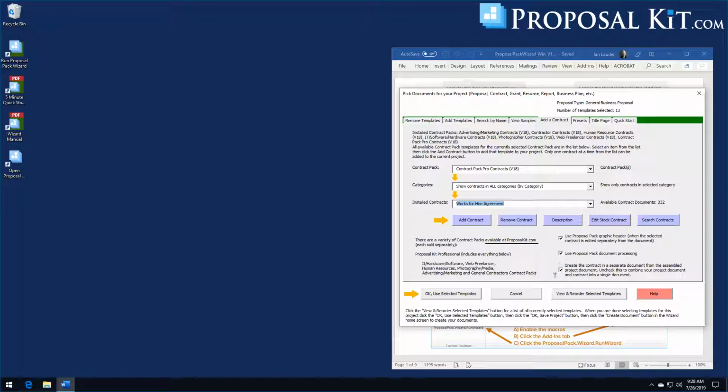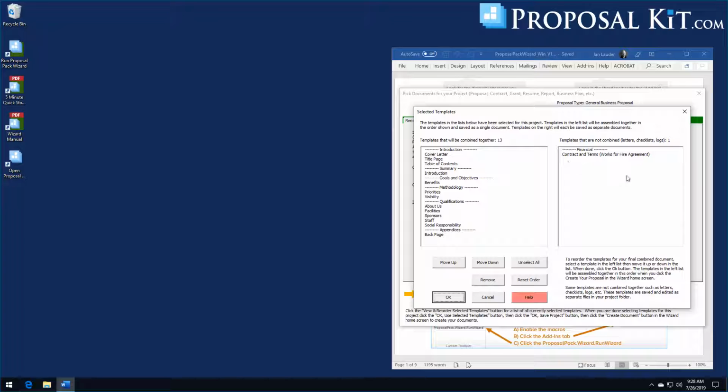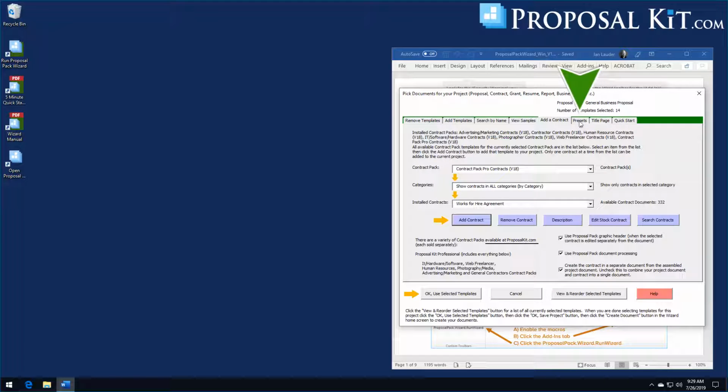So we have this box checked, so the contract will be created separately. So we'll add this to the project, and you can see the contract over here in this box. Now the Presets tab,